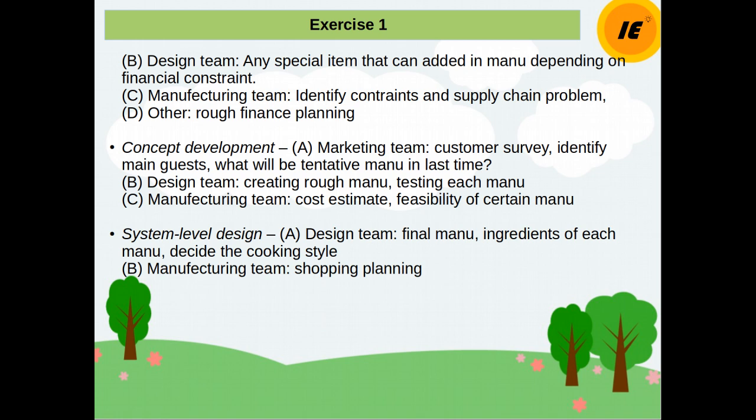Okay, so the second step of the planning phase will be activity related to the design aspect, or activity done by the design team. And again, design team here is a loose concept, so everybody can have an opinion. So in the planning stage, people will not just be fixated on the menu. Rather, they will say if any special item can be added to the menu, depending on, and that should be constrained by the finance or budget,